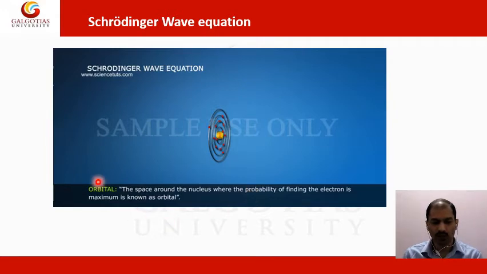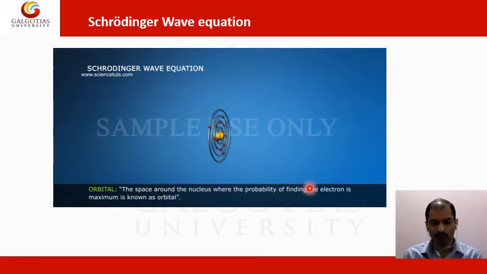In the case of p orbital, for an electron with principal quantum number n equal to 2, the l value will be 1, and the magnetic quantum number ranges from -1 to +1. So this is represented by px, py and pz orbitals, the pz lying along the z direction. Now for p orbital, the number of peaks in the plot is equal to n minus 1.